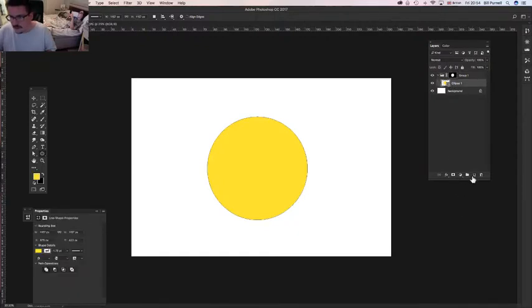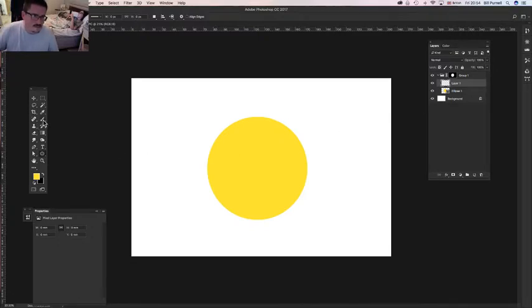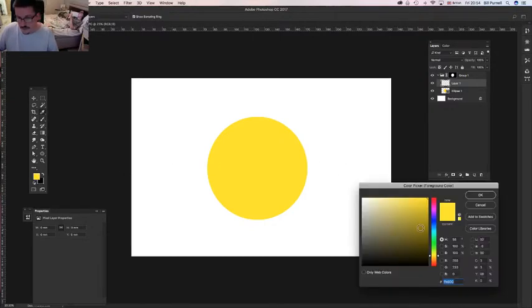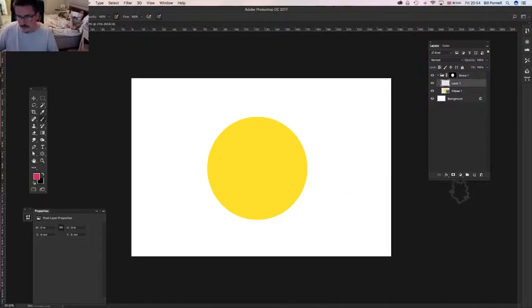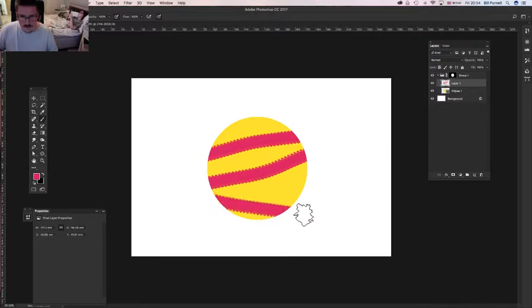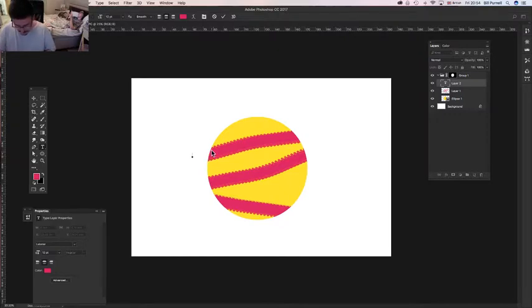So if I create a new layer above the circle and I get a paintbrush and I select a different colour, like a pink, and I go like this, you can see that, okay, that's working. If I create a new layer and put some text in and say hello, it's not showing because it's outside, but you bring it inside,